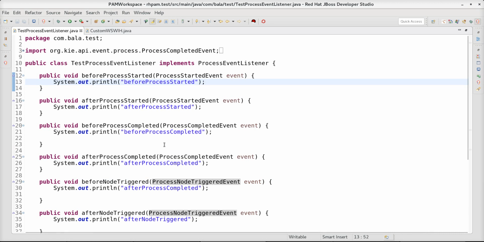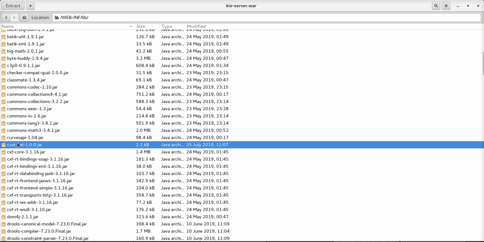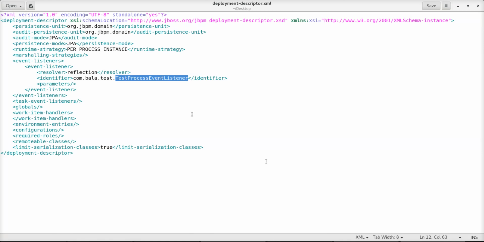So we have this process event listener already part of the deployed KIE Server as well. I have just included this process event listener into the WEB-INF/lib of the KIE Server WAR. So this will be available during the runtime. And going back to the definition of the server level deployment descriptor, we have referenced this particular